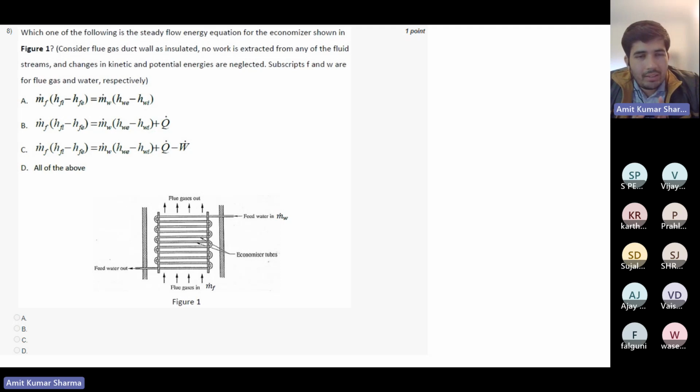So go through the diagram very carefully. Whenever you see this type of question, it's only asking for the equation, but maybe a numerical may also come like this. So you have to check where is the inlet, where is the outlet, what is the flow rate, everything. Always write carefully, with subscripts. Otherwise, maybe your equation is correct, but whenever you put in the values, you may make a typo error. So don't do these things, otherwise you don't get marks. Always write neat and clean. Try to highlight everything,